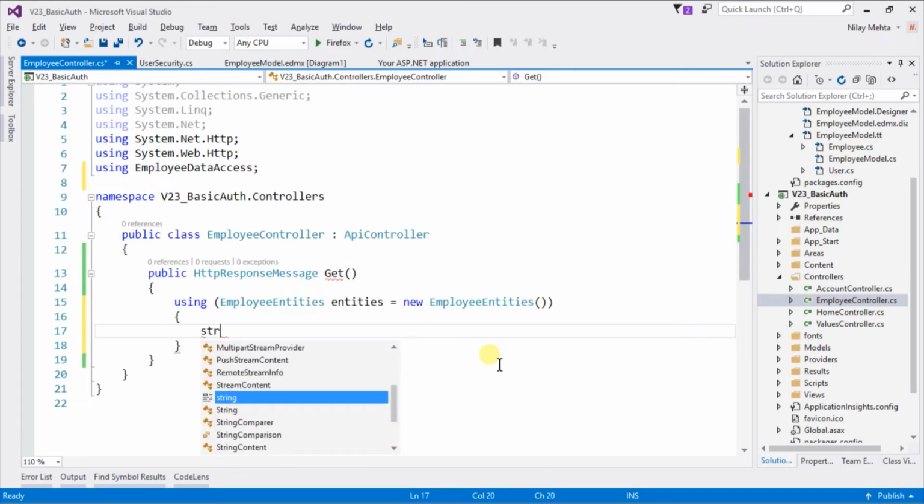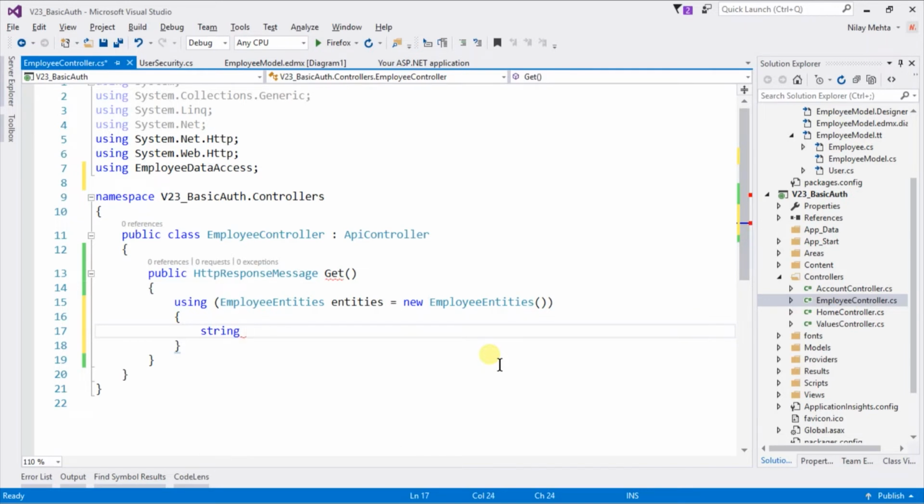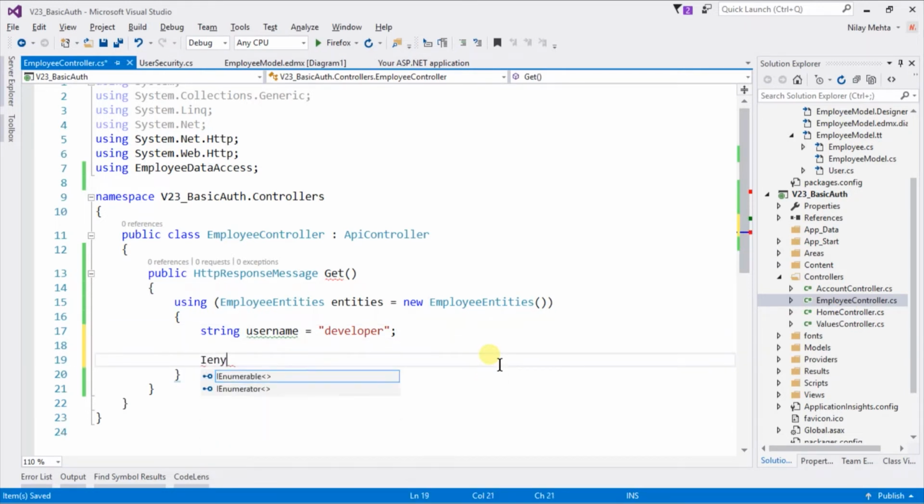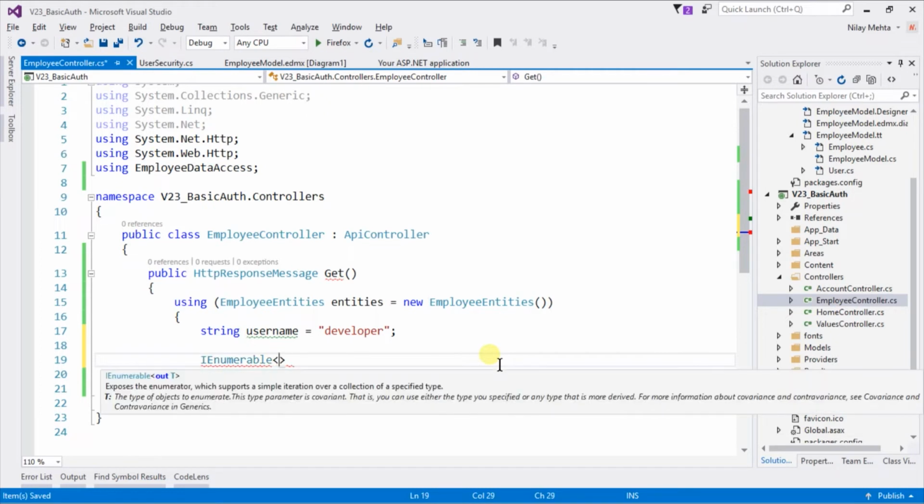For that we are using the string username equal to, for this example I am going to use the constant value, that is developer, but later we will change it to the dynamic way, and we need to use the IEnumerable of type employee,